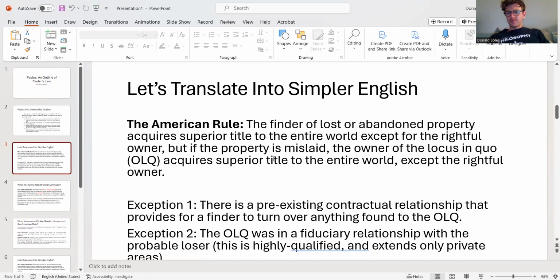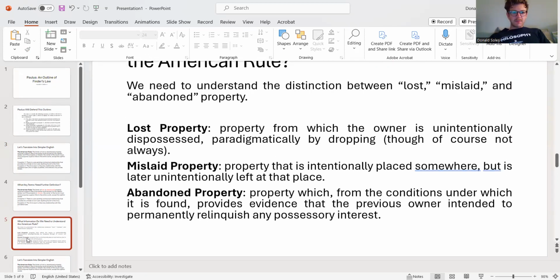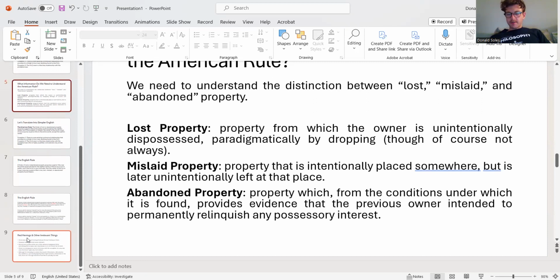You now need to master two rules. And of what significance will the rules be for you? Well, recall that I've been teaching you this format called IRAC. It's a format of legal writing that I'll expect you to exhibit some proficiency in on the next writing assignment. What one does when one writes in IRAC format is they begin with a very clear statement of the issue. What is the issue? Well, in the cases we've been studying, the issue is usually who has superior title to something that's found. Is it going to be the finder, or is it going to be the owner of the locus in quo? That's the issue.